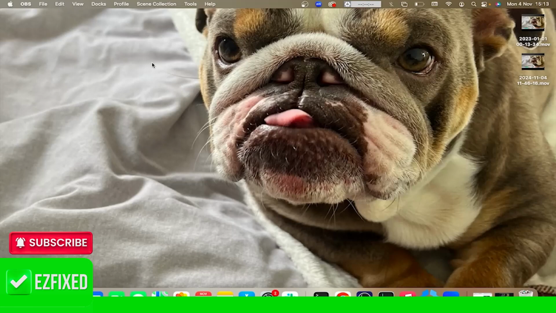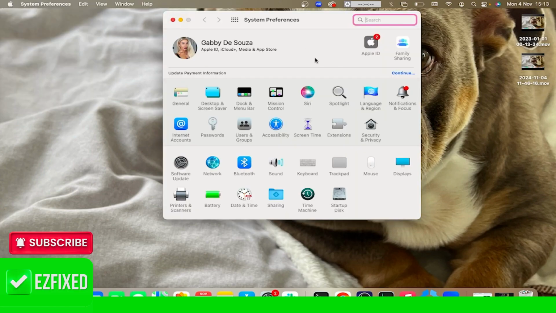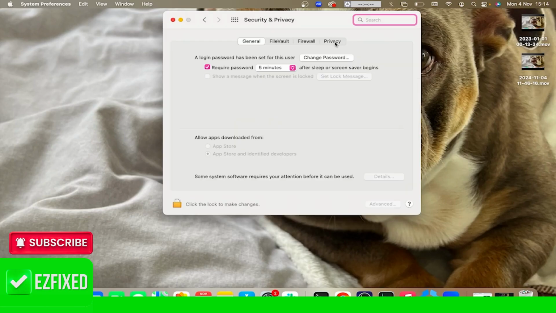In this video, I'm going to show you how to allow camera access on your Mac computer. So head over to the Apple logo in the top left-hand side of the screen, and then from here, click on System Preferences. Once you're in this window, click on Security and Privacy, and from the navigation menu, click on